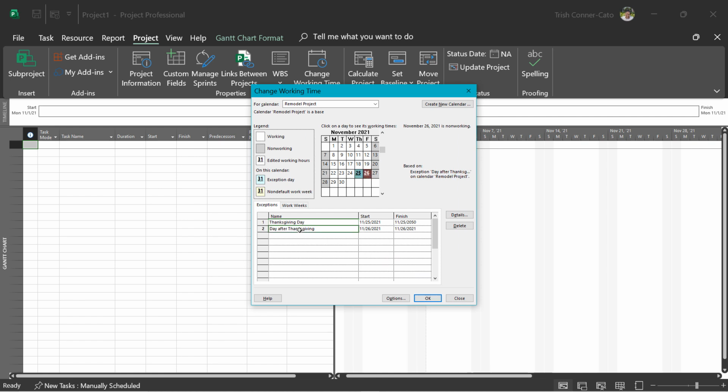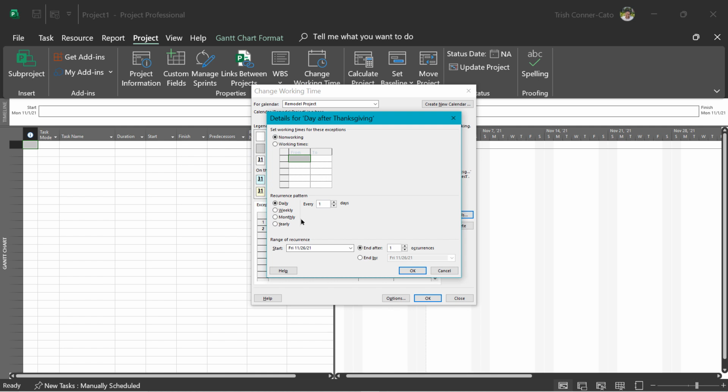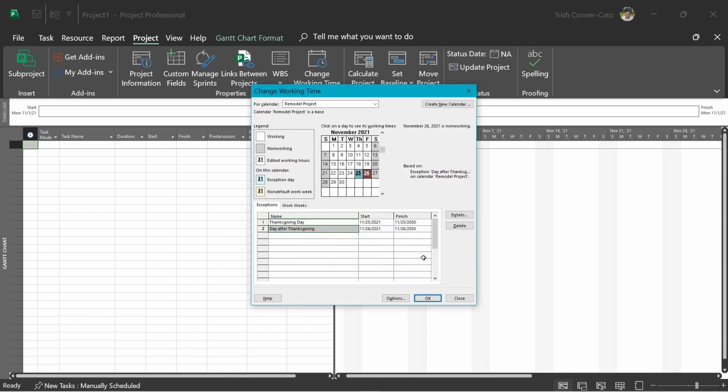I'm going to do the same thing to make the day after Thanksgiving recurring. So I'm going to select it in the name column, go over to Details, select the Yearly option button, select the fourth Friday of November option button, and under range of occurrence, make it end by the year 2050. And that way you won't have to worry about it. If we use this calendar on other projects, we won't have to go in and change the day for Thanksgiving and the